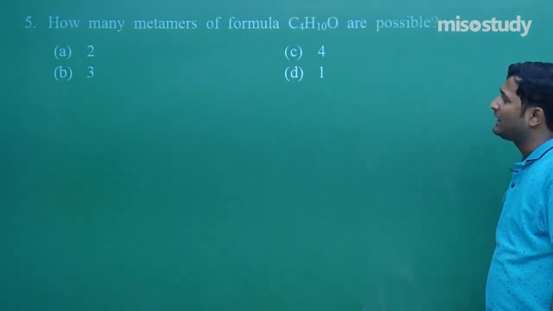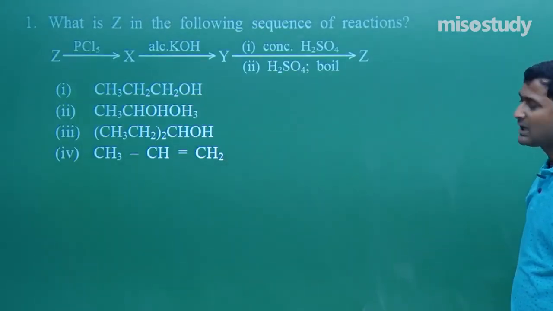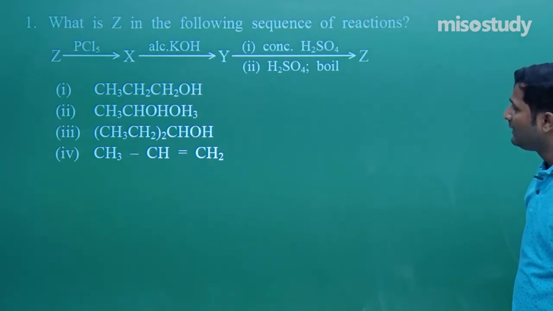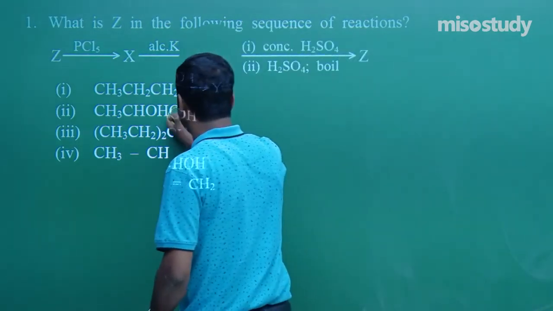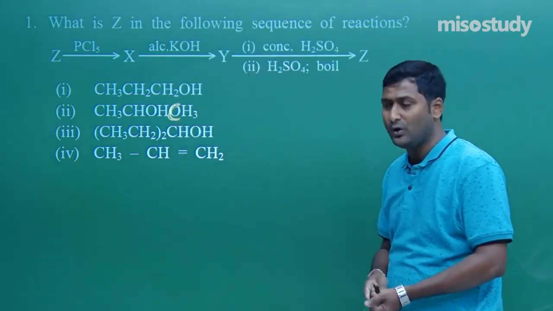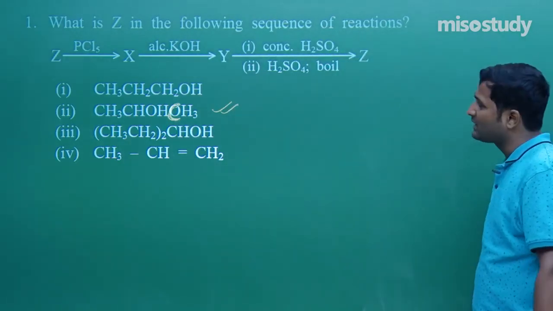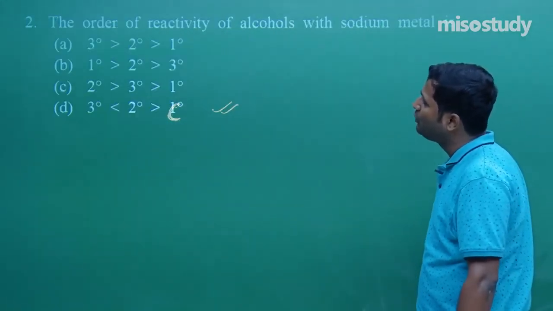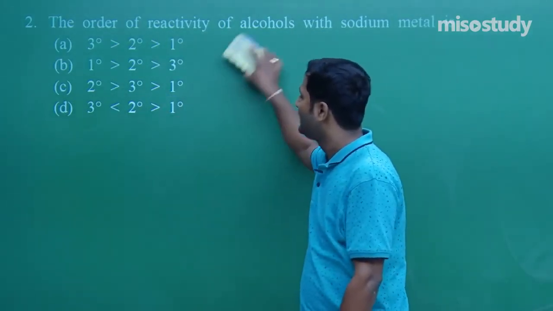Now we review each question once again. Look at this, for question number 1, B is the correct option, 2 degree alcohol. One more thing I have to check here. CH3CHO, that is here, don't get confused, that is CH3. Clear to you? This is the 2-degree alcohol. For question number 1, B is the correct option. For question number 2, that is 1 degree, 2 degree and 3 degree, B is the correct option.